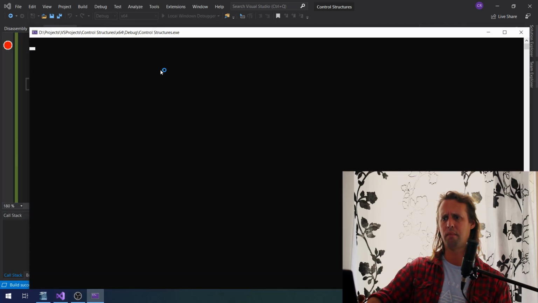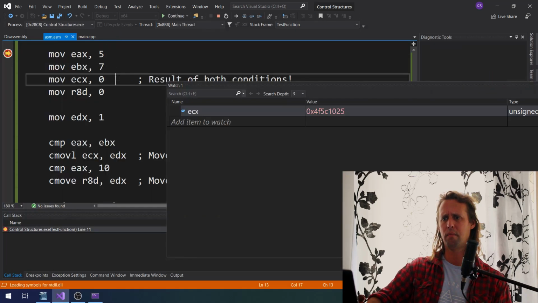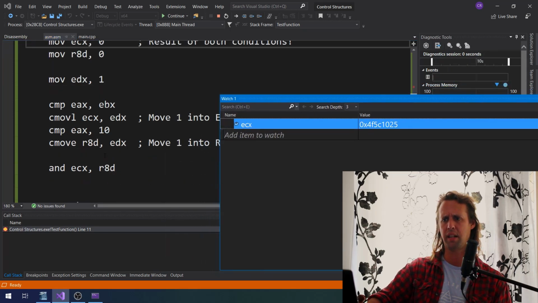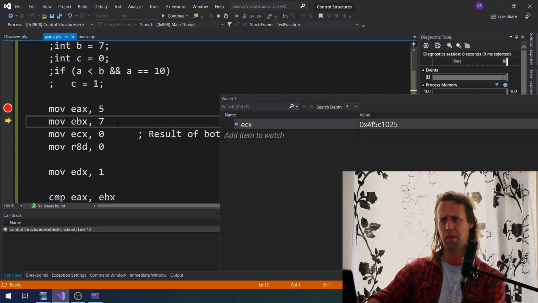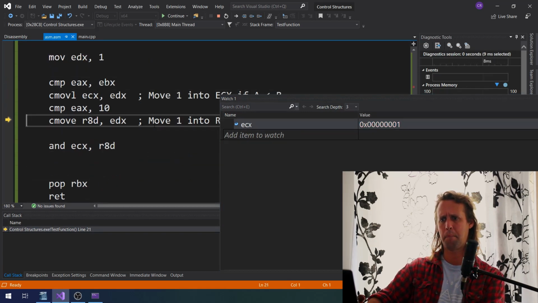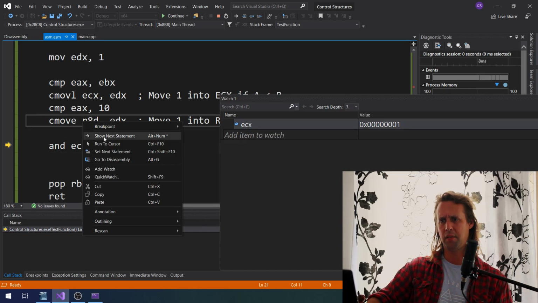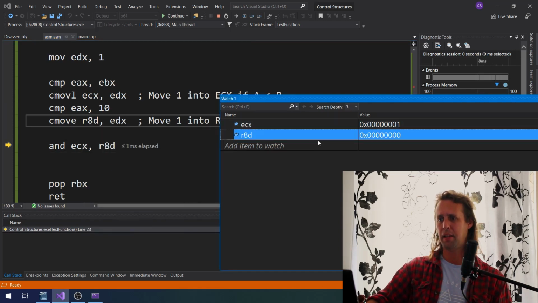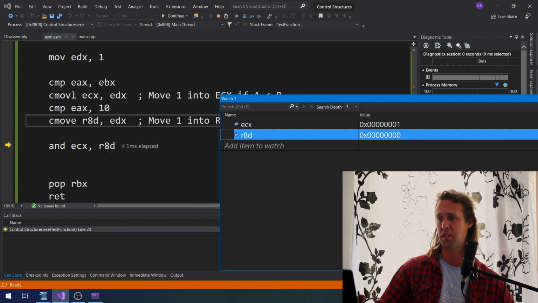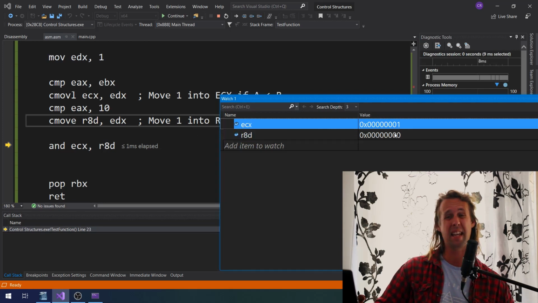So, okay, in this first instance, the result in ECX should be 0. If we just run through, and we have a bit of a watch on R8D. At the moment, just before we perform this AND, which is the compound bit, the joining together of the two statements, what you can see is that ECX has true or 1, and R8D